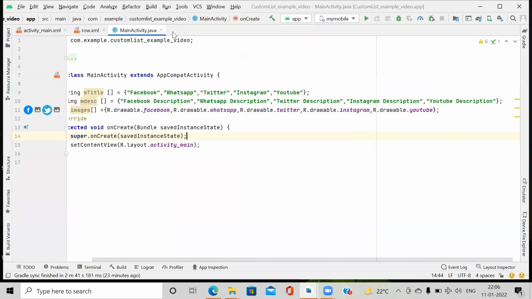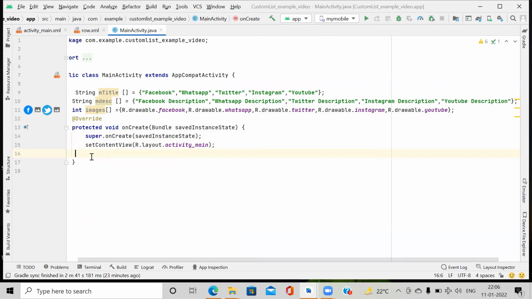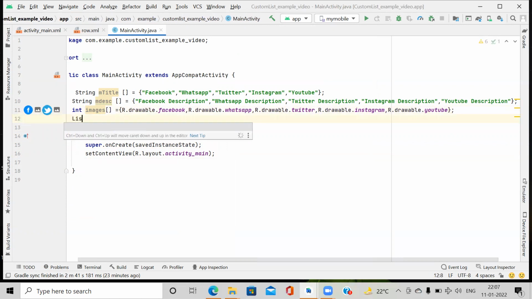Again, we minimize this so that we can view the code. So here we first create an object of ListView. Before that, we create the object of ListView.